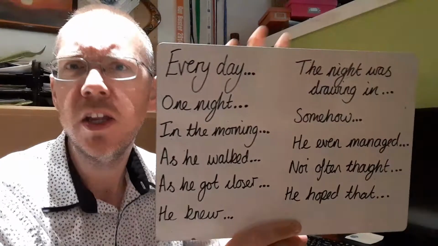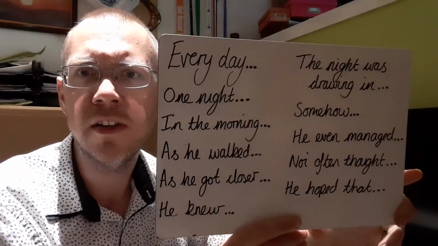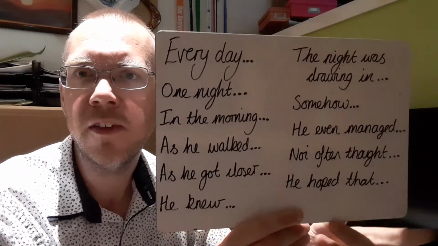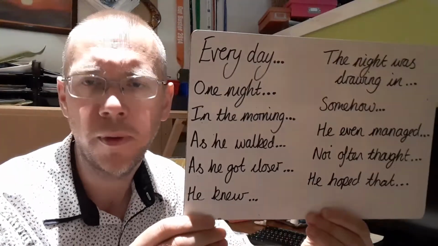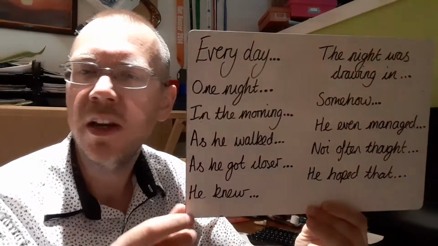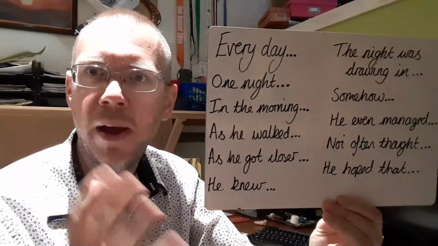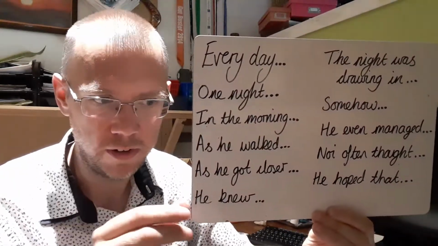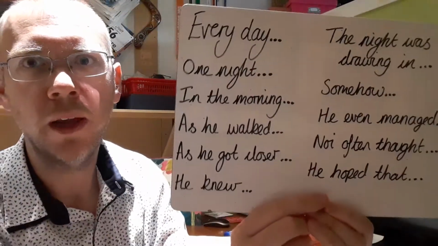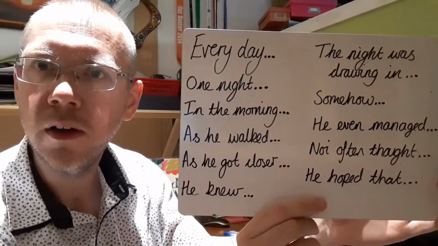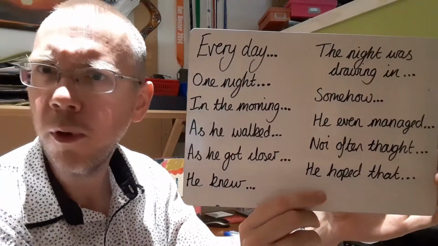If you're stuck, you could write about the storm whale using these sentences, but trying to change them a little bit so that they don't sound exactly the same as the book. Or you can use these in a new context and write about something totally different. So we've got a few on here. We've got every day, one night, in the morning,